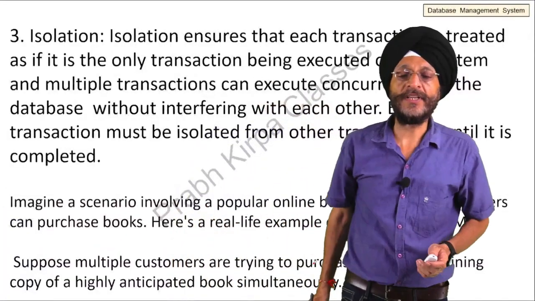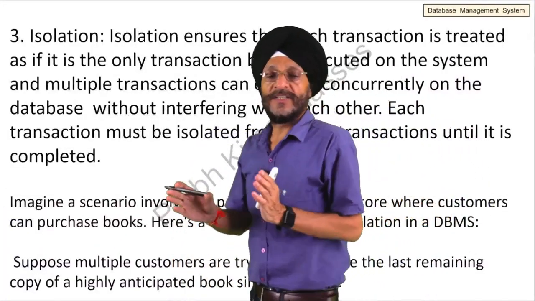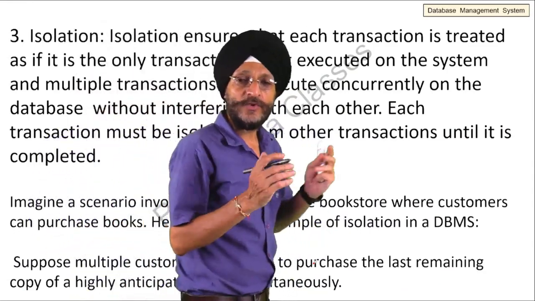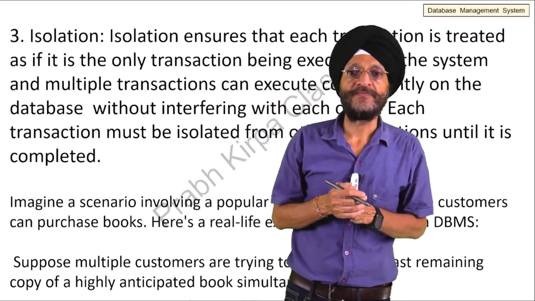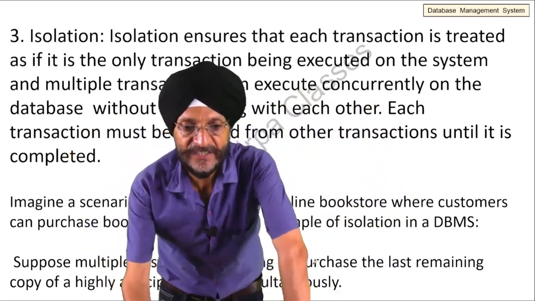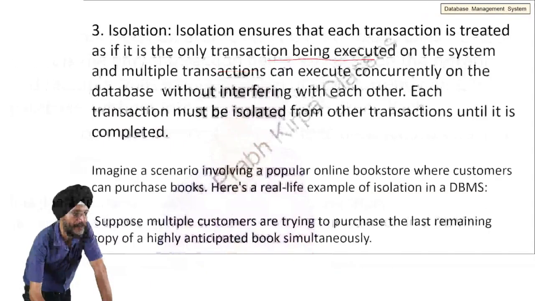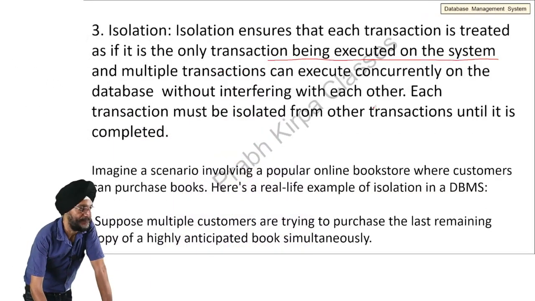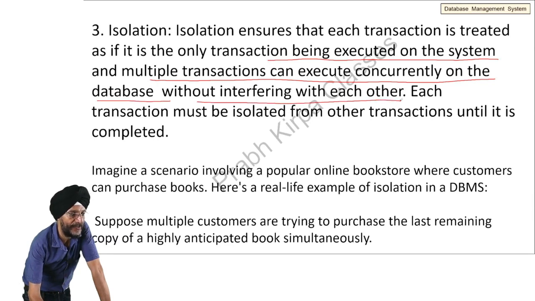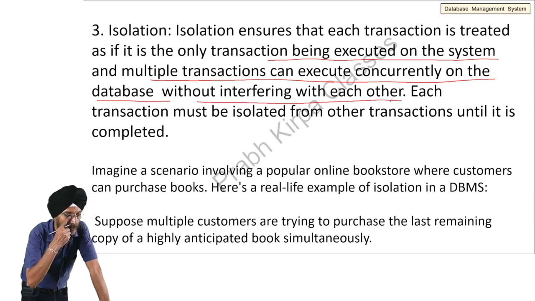Next, the third property which we are discussing about DBMS is the isolation property. Isolation property ensures that each transaction is treated as if it is the only transaction being executed on the system, and multiple transactions can execute concurrently on the database without interfering with each other. It means that